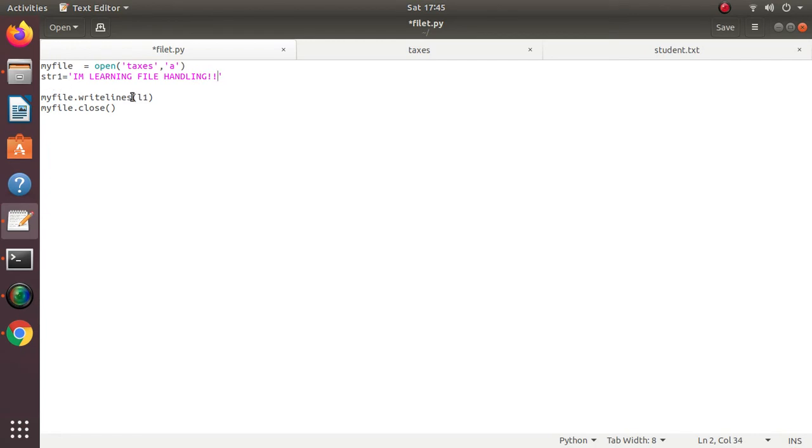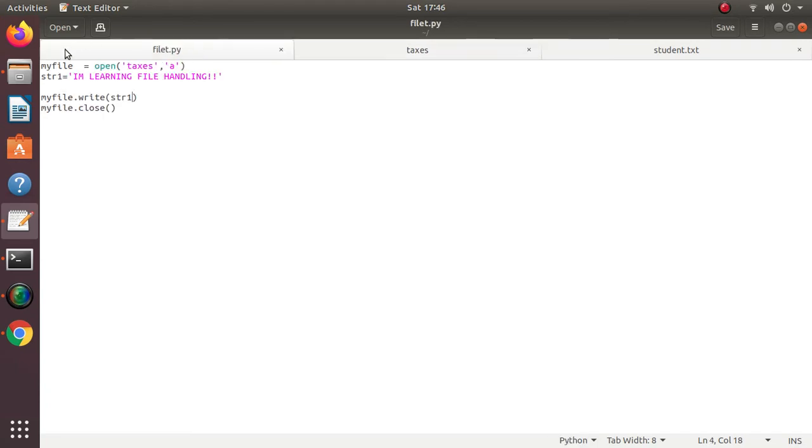Then I can use the write function. I will pass this string as a parameter and then close the file using myfile.close. So now when I open this taxes file in append mode, it means that we want to add further content at the end of the file.